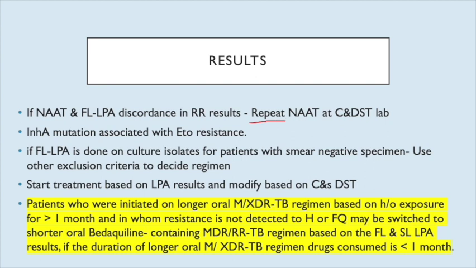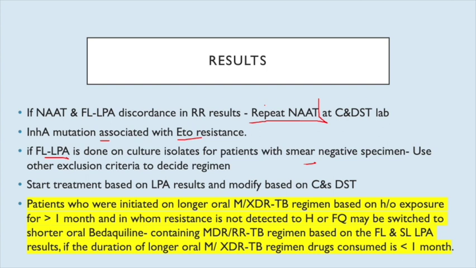Then you must repeat the NAT. You must repeat the NAT at a culture and DST lab level, and then finally come to a conclusion. If an INH-A mutation is detected, then remember, ethionamide will be resistant. If your first line LPA is done on a culture isolate, and your patient is smear negative, then we have to